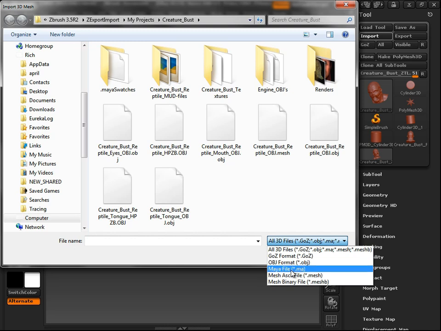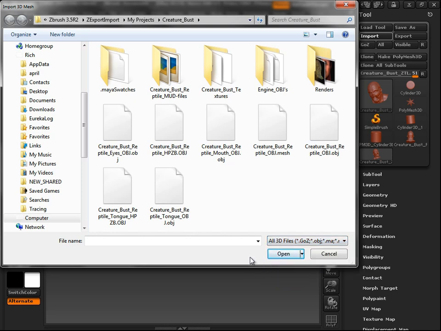You also have your Maya file, Maya ASCII, MA. You can save those out of Maya, of course. Mesh ASCII, which usually comes out of in-engine meshes. A lot of engines that I use the .mesh extension, and then the mesh binary file, which is pretty much the same thing. So it's just going to depend on what your exporter is and what you're using to have your files exported out to that. So we got plenty of OBJs in here. We got a mesh also, obviously you can see. So we're just going to open the OBJ,